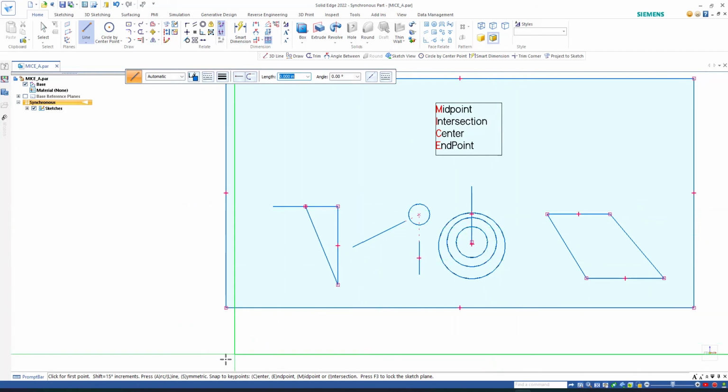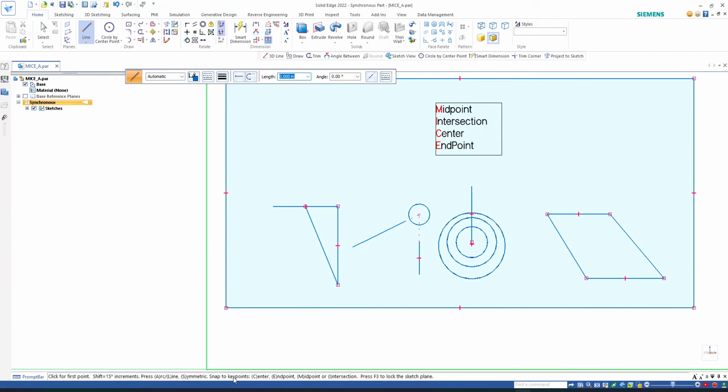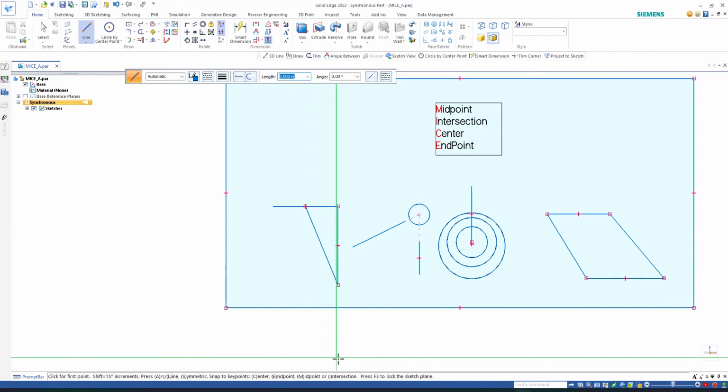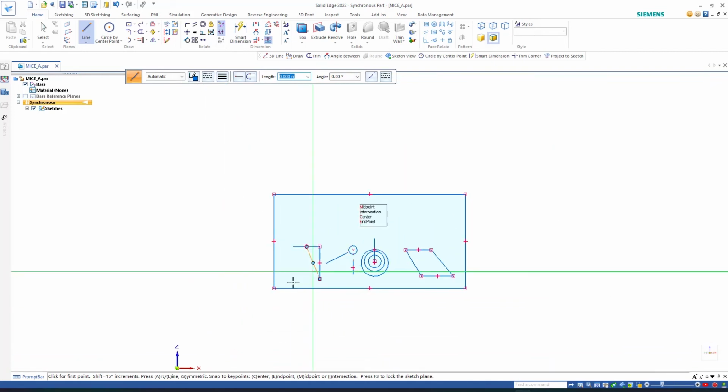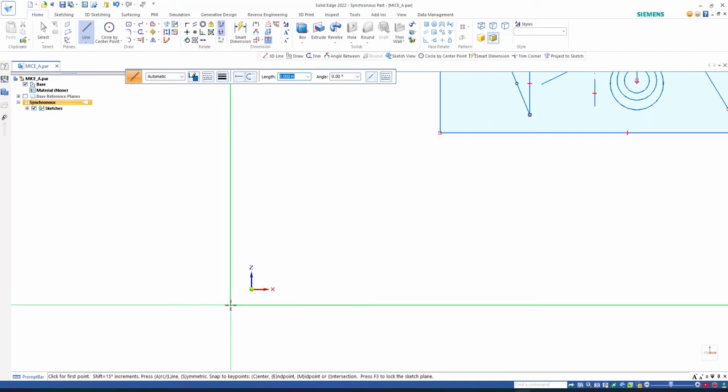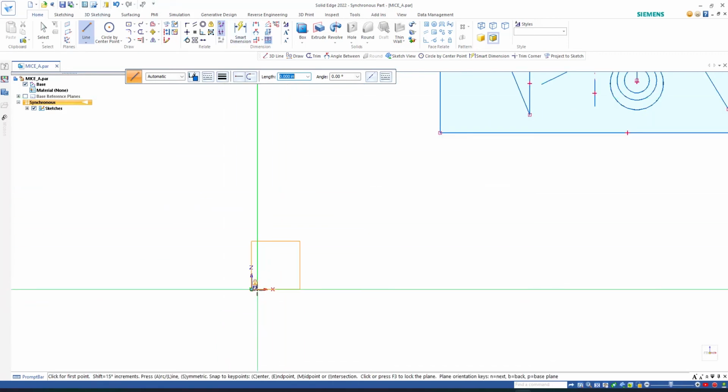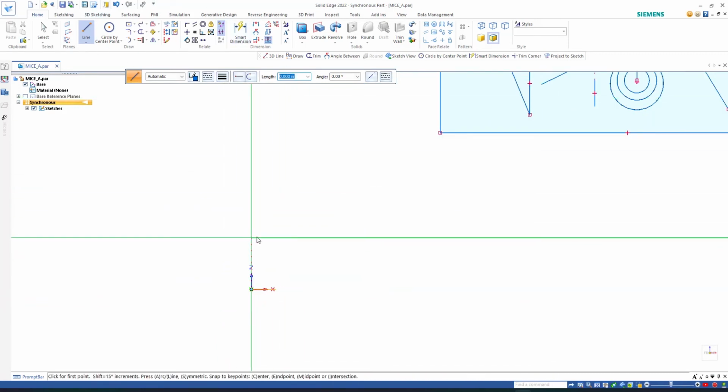And you find all that information right at the bottom here. See that? C for center, endpoint, midpoint, intersection. There's another tip here too. Sometimes, if you know you're going to make something symmetrical, let's say a line here, I'm going to make that right about here, and I want to hit the S, and you can see that it starts to